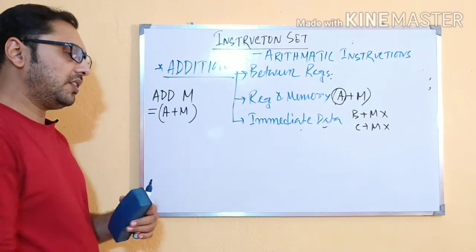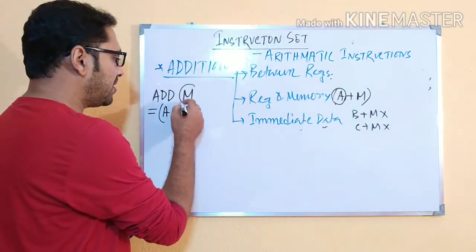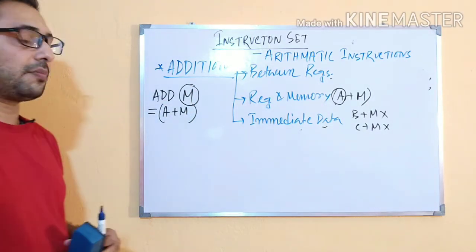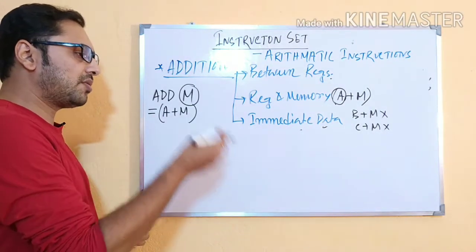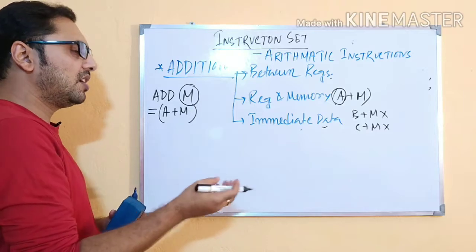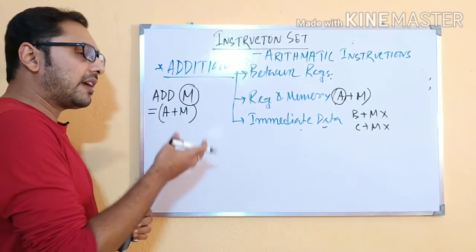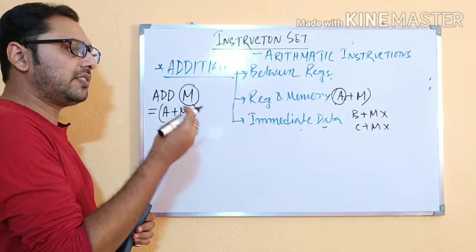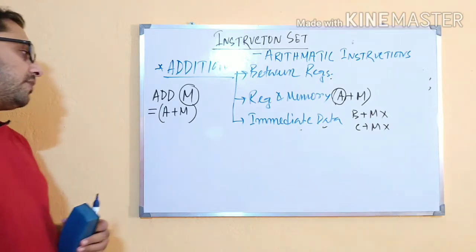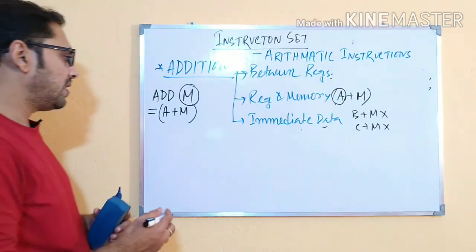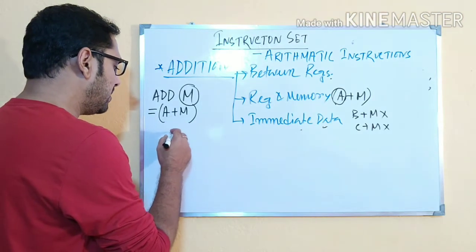Now, from the previous video, we know that whenever M is present as an operand, the obvious question arises: out of all these 65,536 memory registers, which particular memory register do I want to access here? And that answer is always given by the content of the HL register pair. So here also, whenever I want to perform ADD M, that means A plus M,